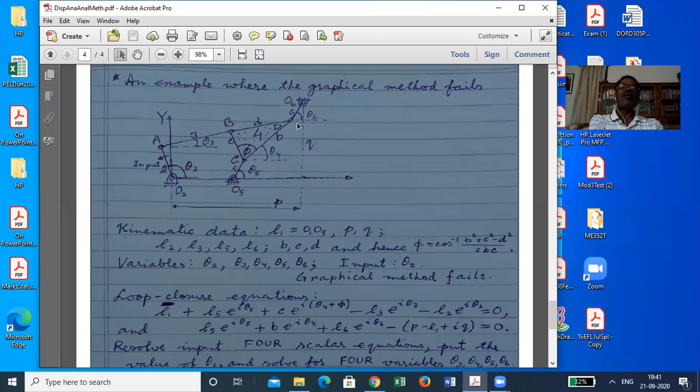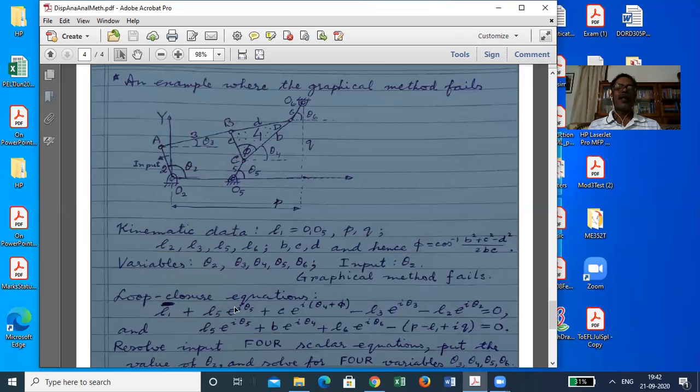But in the context of velocity and acceleration analysis, later we will see that this particular one is actually a complexity of low order. In the case of velocity and acceleration analysis, this could be easily handled with very little modification to the original plan. For velocity, certainly. For acceleration, a little extra. But position analysis, you cannot do that, because position equations are mostly nonlinear equations among the input variables and output variables. So that is why the graphical method fails.